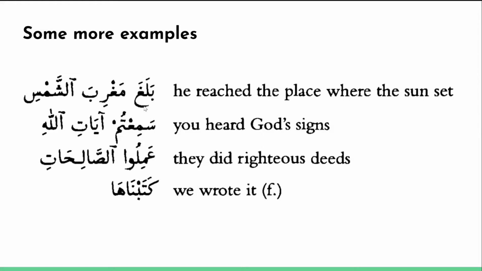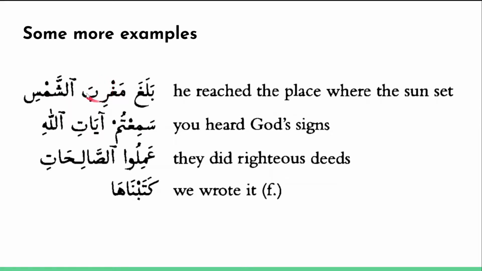And if that he hasn't been mentioned in the sentence yet, that's okay. This is enough to tell you that it means he reached. So balagha means he reached. Maghrib al-shamsi, this is actually a possession construction. So that's why ash-shamsi is in the majroor case, the setting place of the sun. And maghriba